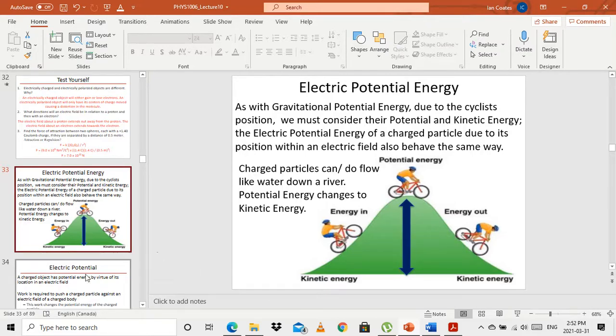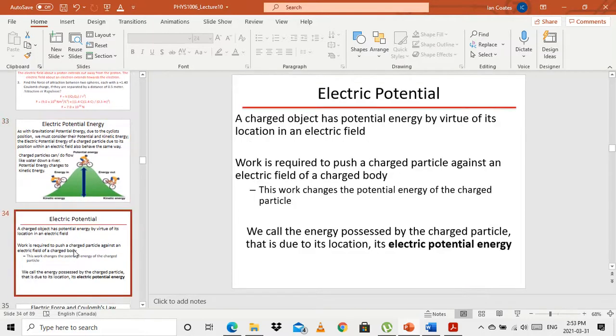The electricity kind of works the same way. A charged object has a potential energy by virtue of its location in an electric field. Okay, where the charged particle is will determine its potential energy and see if it can actually do work. Work is required to push a charged particle against an electric field. Okay, so